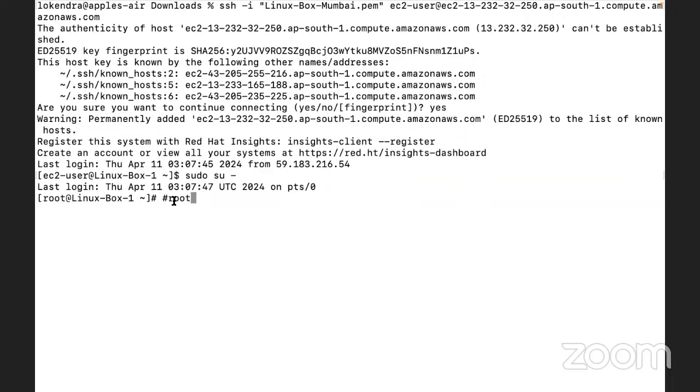First of all, there is a word known as root, as you can see here as well. Do you see that? Yes, sir. Okay. This is a username. This is the super user in the Linux operating system, known as root. The second root is /root. This /root is the home directory of this root user, the super admin user. Now the third thing is known as slash. This is known as root.